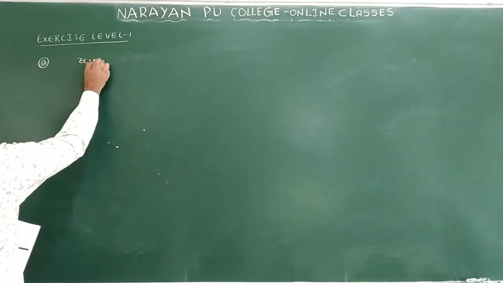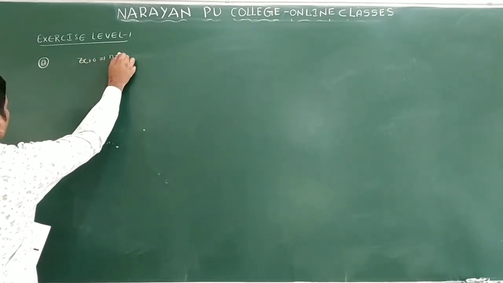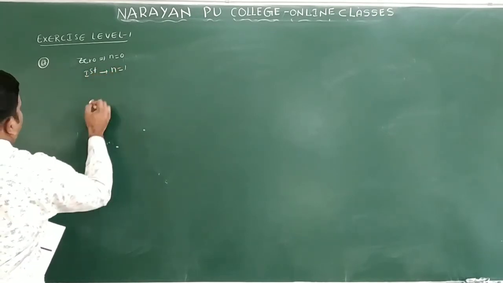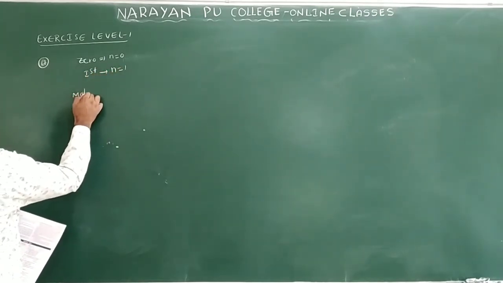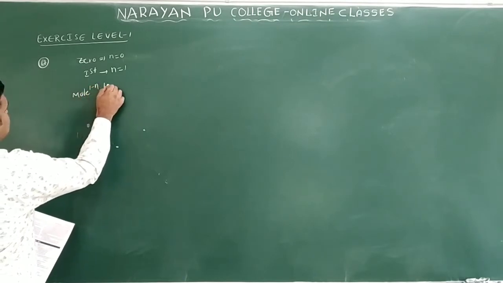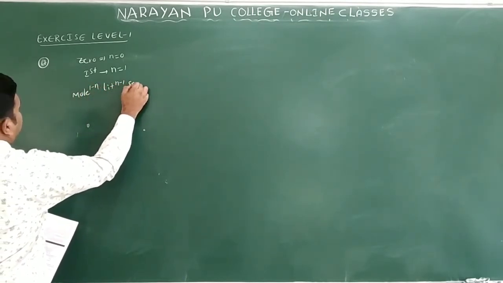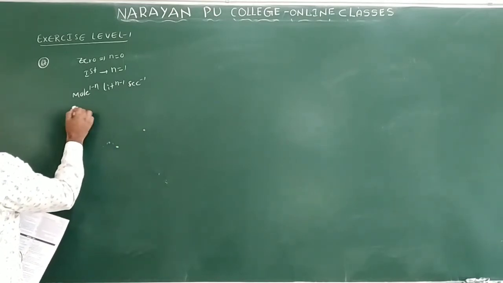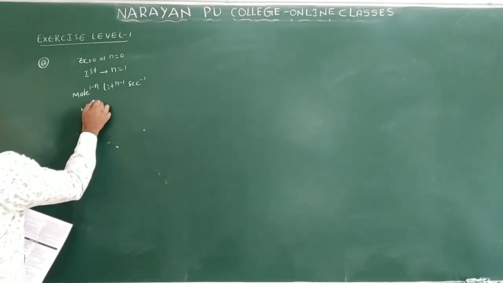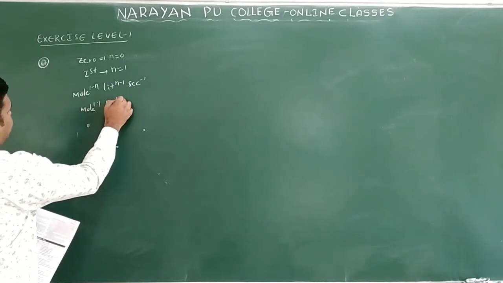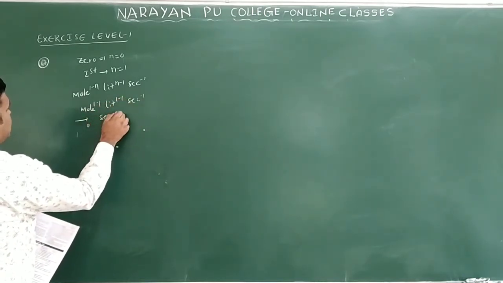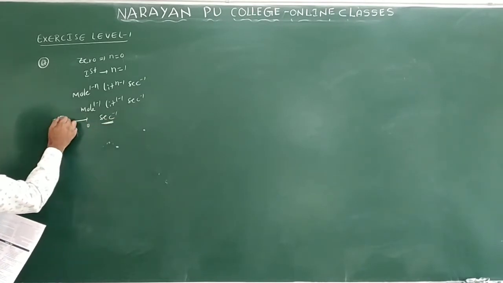For zero order, suppose you take n equal to 0; for first order, you take n equal to 1. You know this general formula I am writing here: mole power 1 minus n, liter power n minus 1, second inverse. Clear? If we write n equal to 1, then what you will get here? Mole power 1 minus 1, liter power 1 minus 1, second inverse. So finally, what is the unit you got? Second inverse.